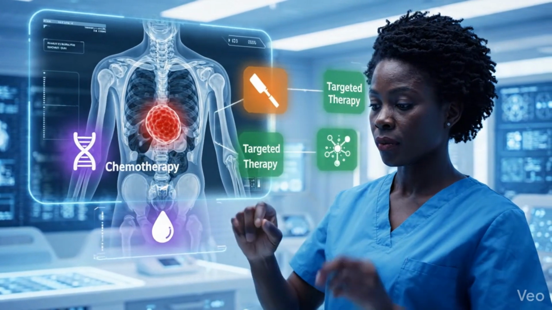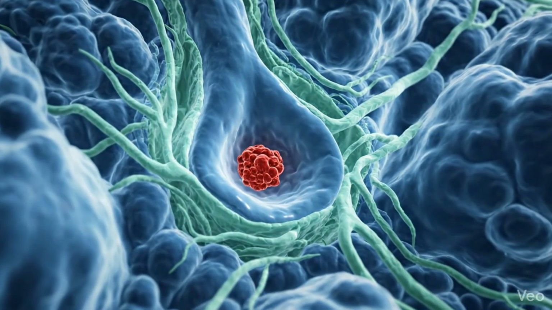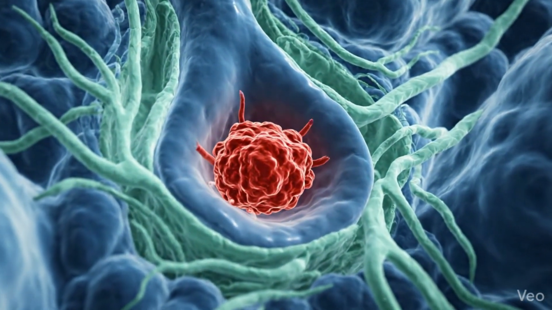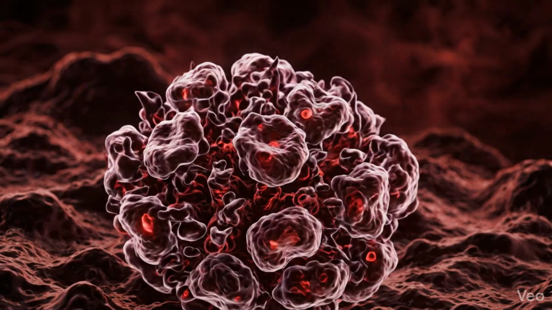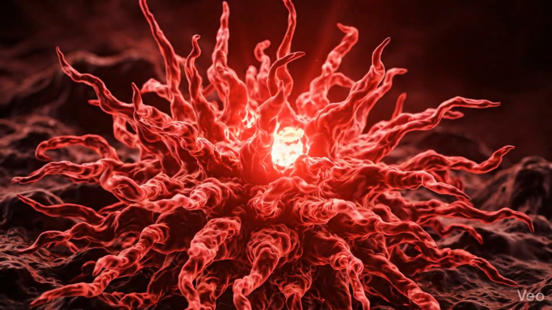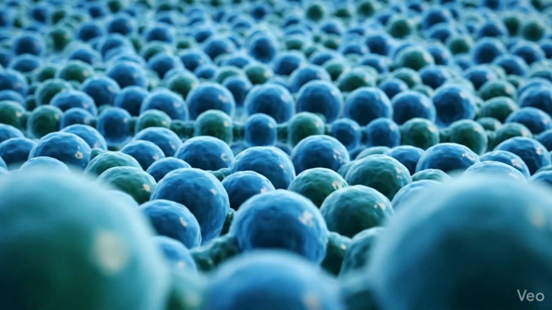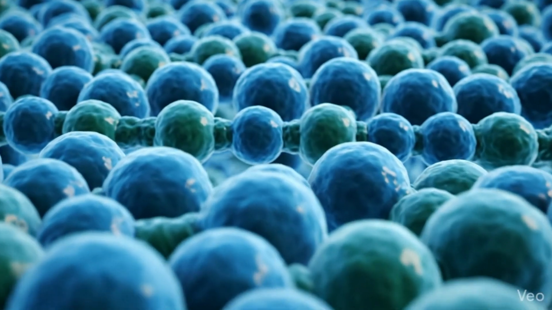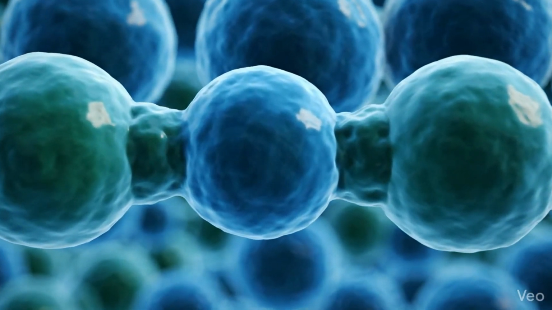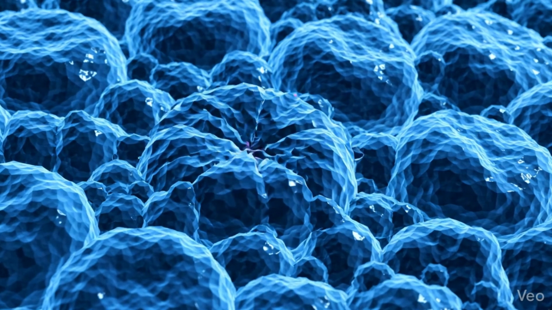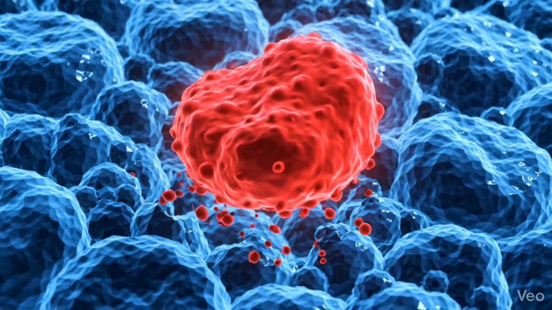Not all tumors spread. Benign tumors usually remain localized, but malignant tumors can invade nearby tissues and spread throughout the body. Step 1. Local invasion. Metastasis begins when cancer cells become aggressive. Normally, healthy cells stay attached to neighboring cells. They respect boundaries. Cancer cells lose this control. They break away from the main tumor. Then, they start invading nearby tissues.